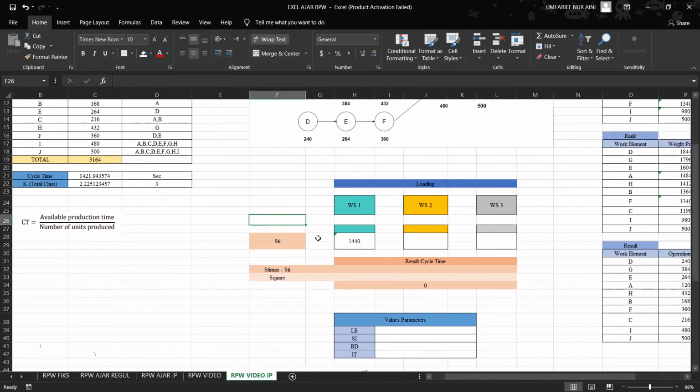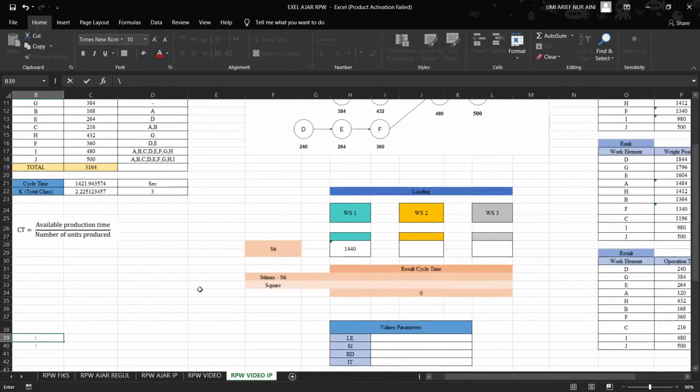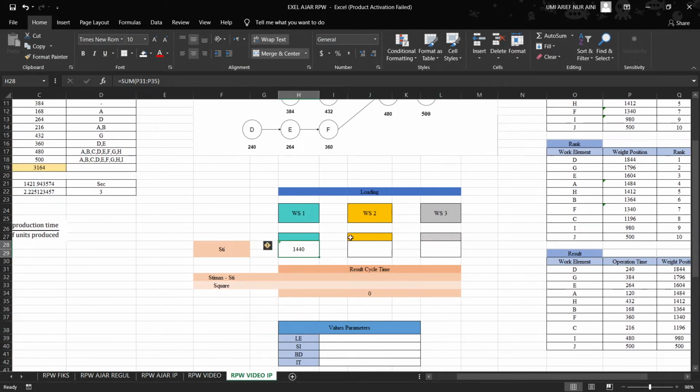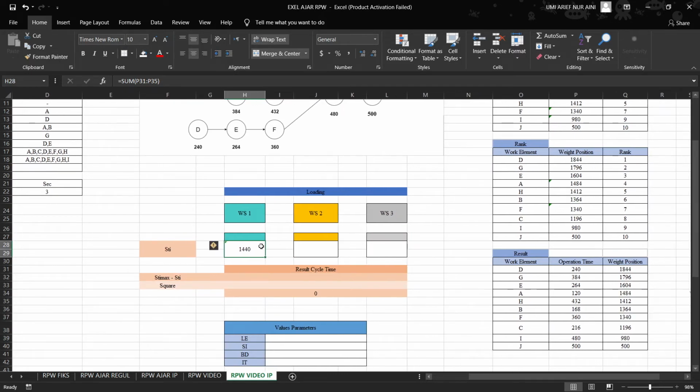So the time of every workstation must not be more than the cycle time. Because the result for workstation 1 is 1440, which is more than the cycle time, it's not good, it's wrong. So you must reduce the work element time in the result table.